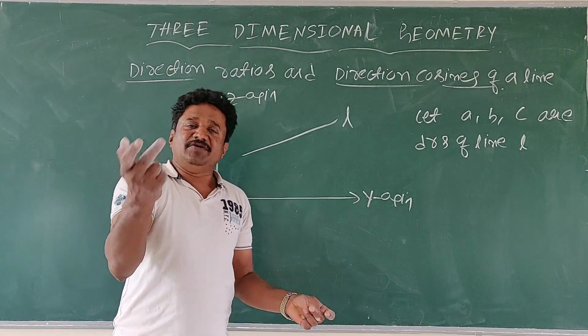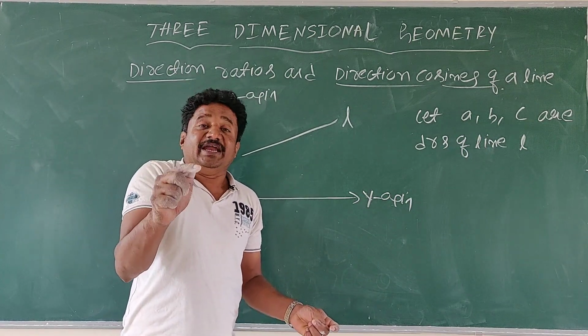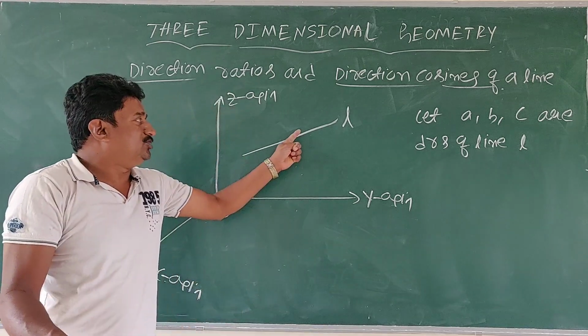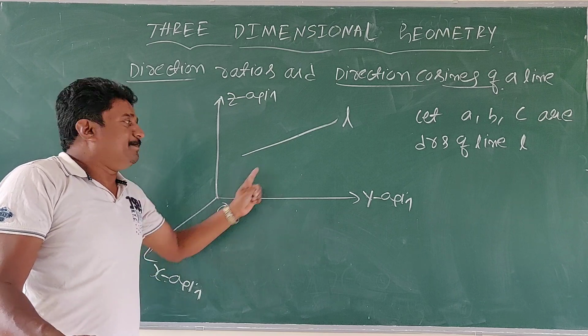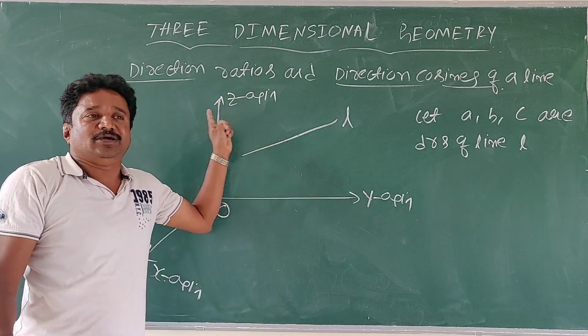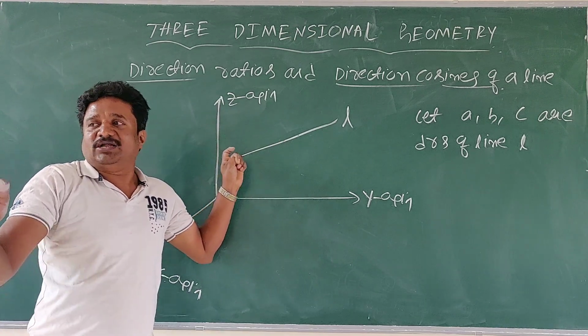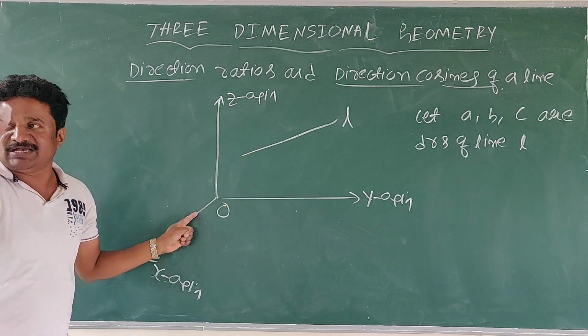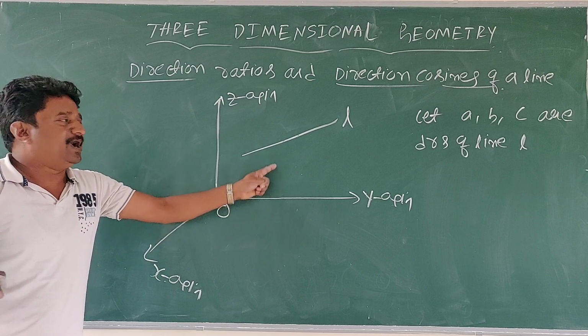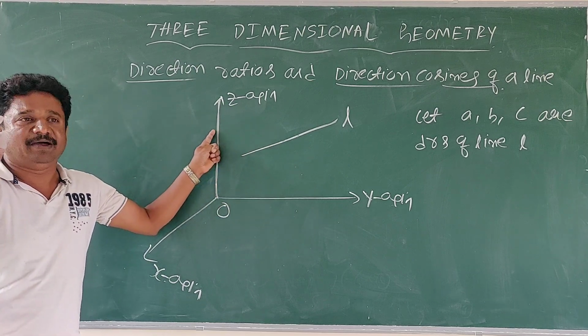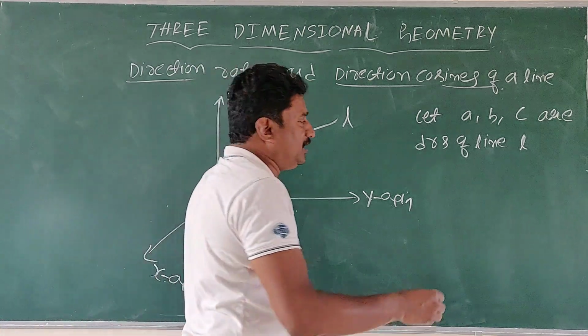As usual, even in vectors also we did the same thing. You assume line L makes an angle alpha with x-axis, beta with y-axis and gamma with z-axis. What is the angle between line and x-axis? Alpha. Between line and y-axis? Beta. Between line and z-axis? Gamma. Then DCs are given by